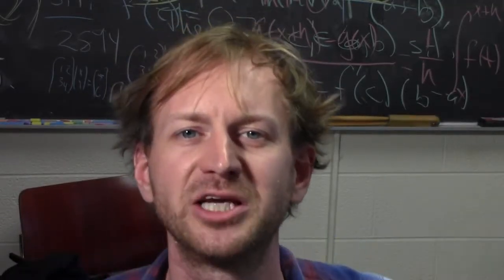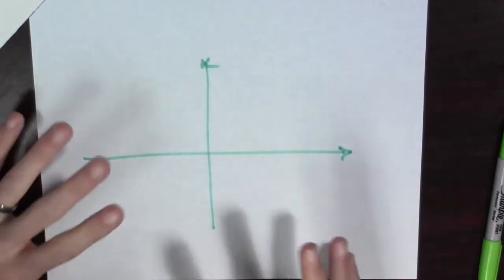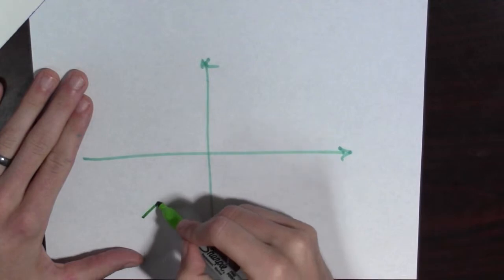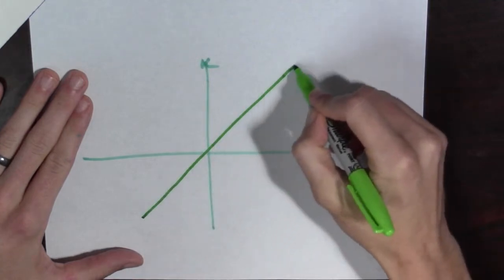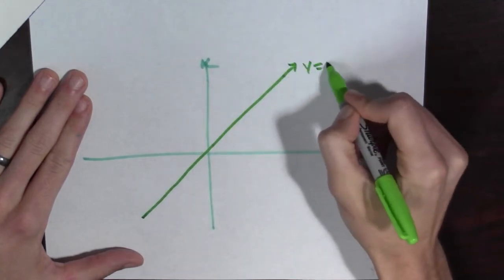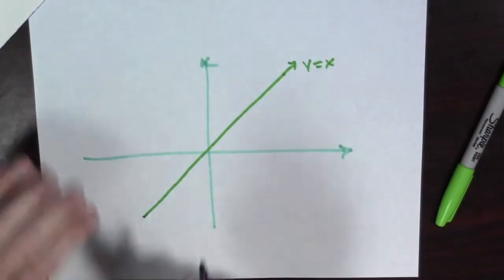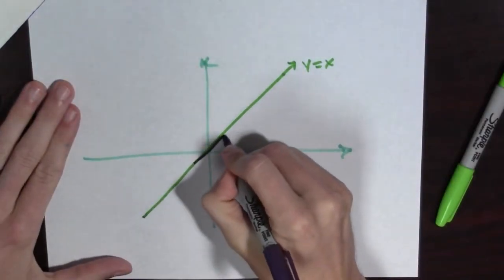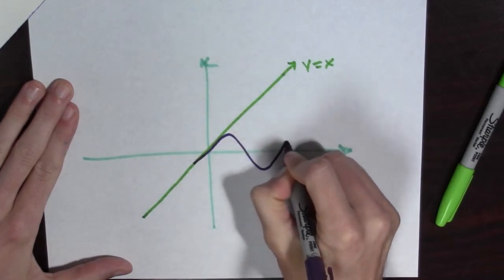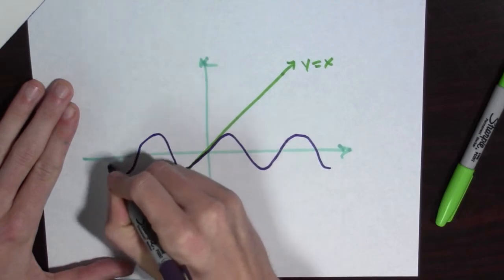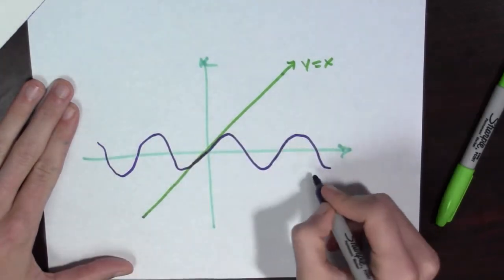Why are we giving you all these different interpretations? If you can remember this, then it's easy to know what the plot of sine x looks like. Because here I'm plotting y equals x. So sine of x must look something like this. It has to agree with